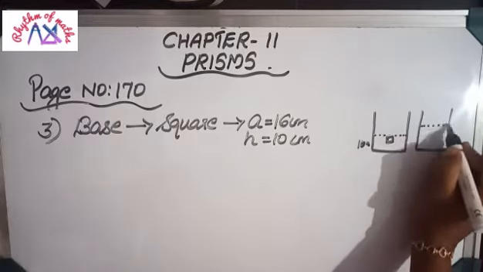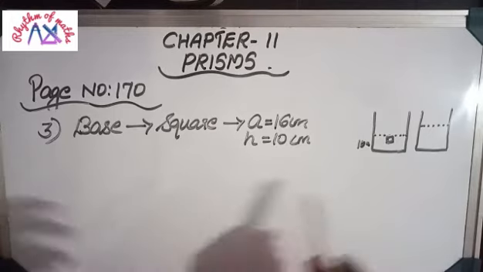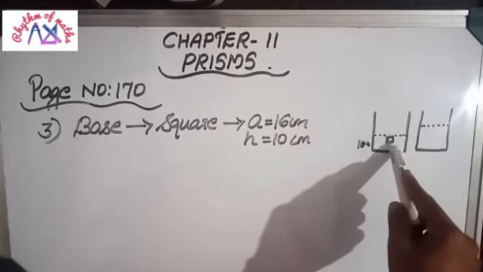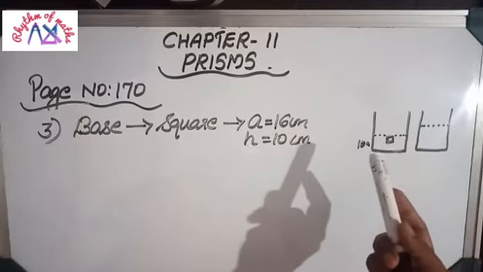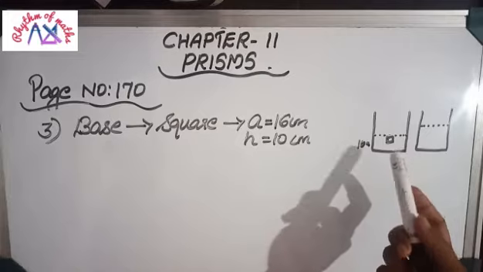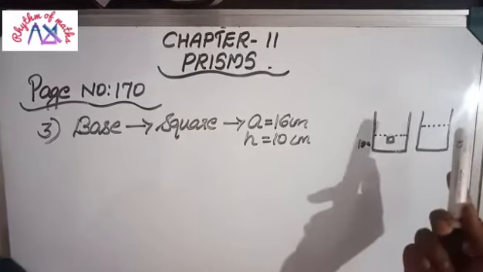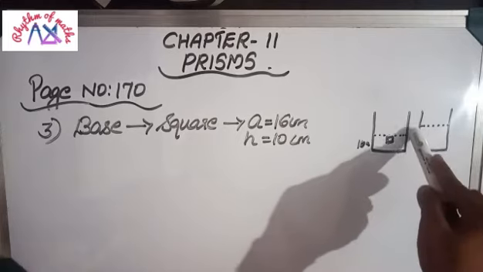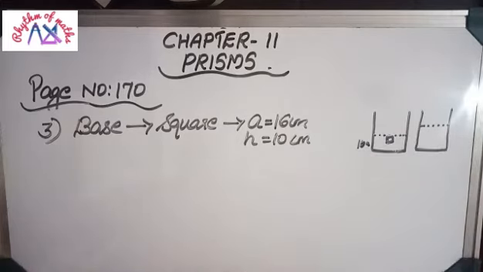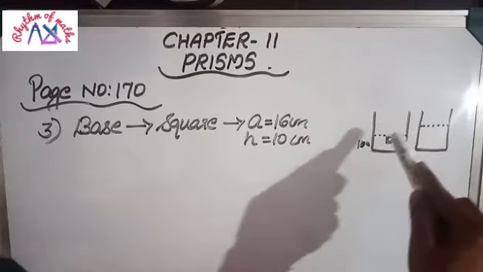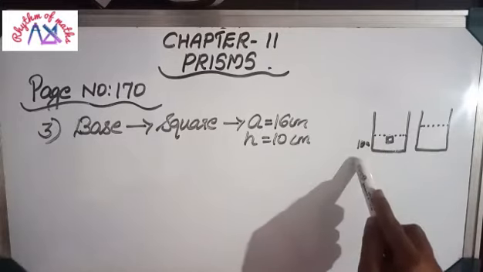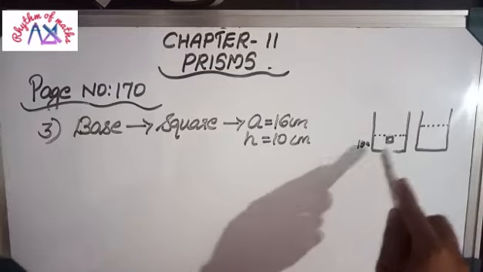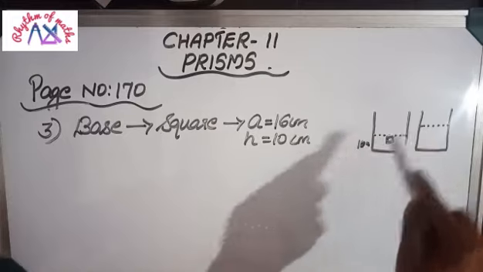Anyway, the water level will rise because we are putting what? A solid cube we are putting, and for a solid cube volume will be there, isn't it? Solid cube means a volume will be there, so volume is increasing. Volume increasing means water level will also be rising. So this increased level of water we need to find. So first of all we need to find the starting volume, then the extra volume, that means this solid cube's volume also we need, then only we can find this rise level of water.